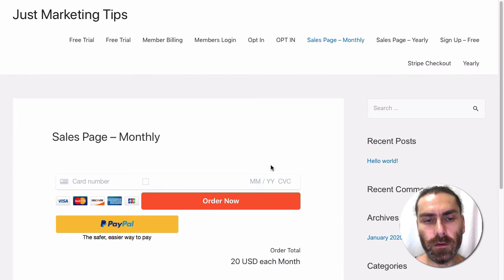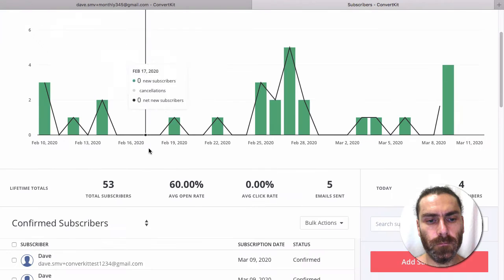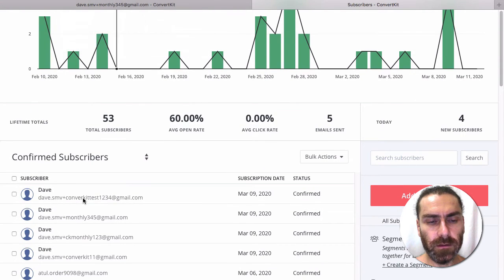So we're now on the actual card payment section. We can check inside ConvertKit if there's a user added. Okay, so that user's added, but they haven't actually purchased yet. So as I said, the purchase form was set up with fast forms, and I'll show you how to set that up in a separate video. But if we now complete the purchase,